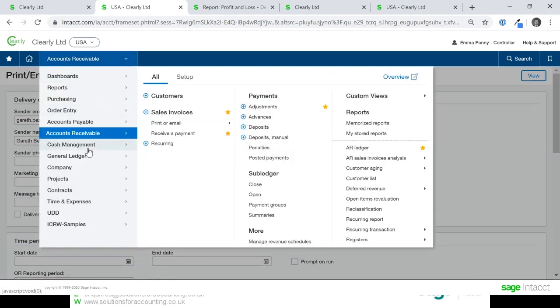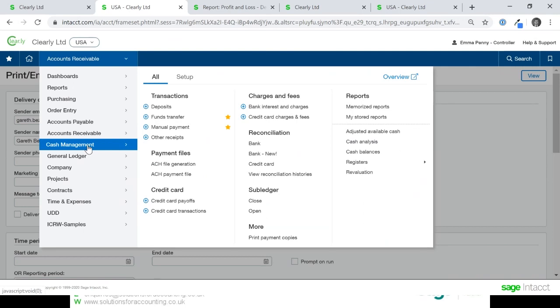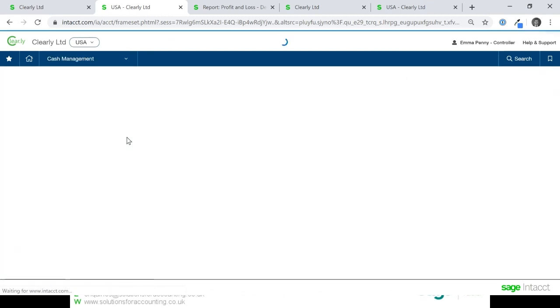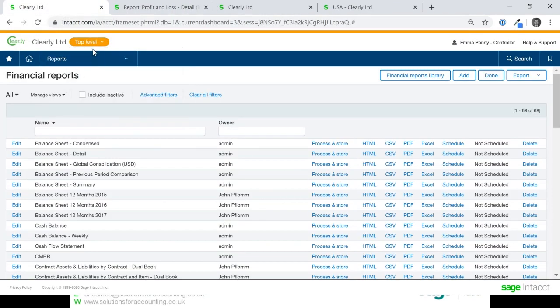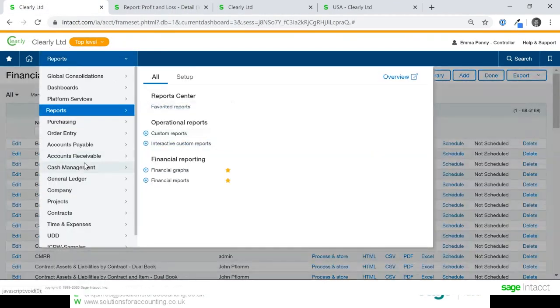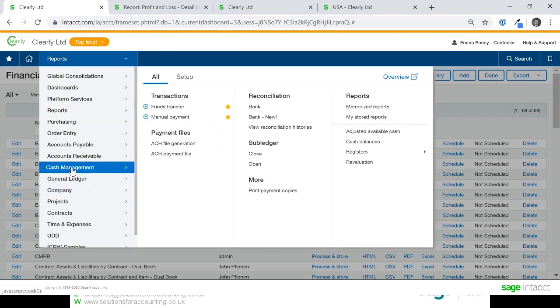Just to finish off that process, if we have a look in our cash management and pop into our bank reconciliations, I need to do this at top level actually, because the bank account is not owned by that particular entity. So I will just pop into here.